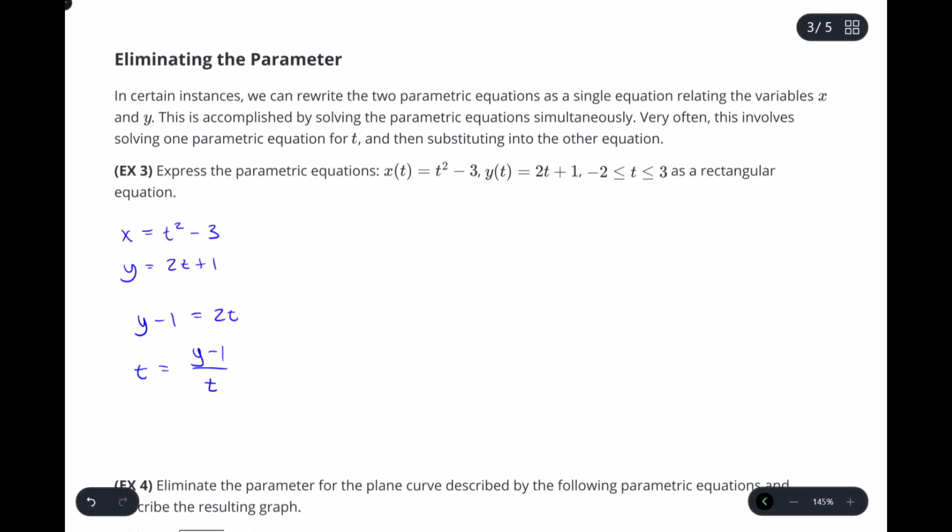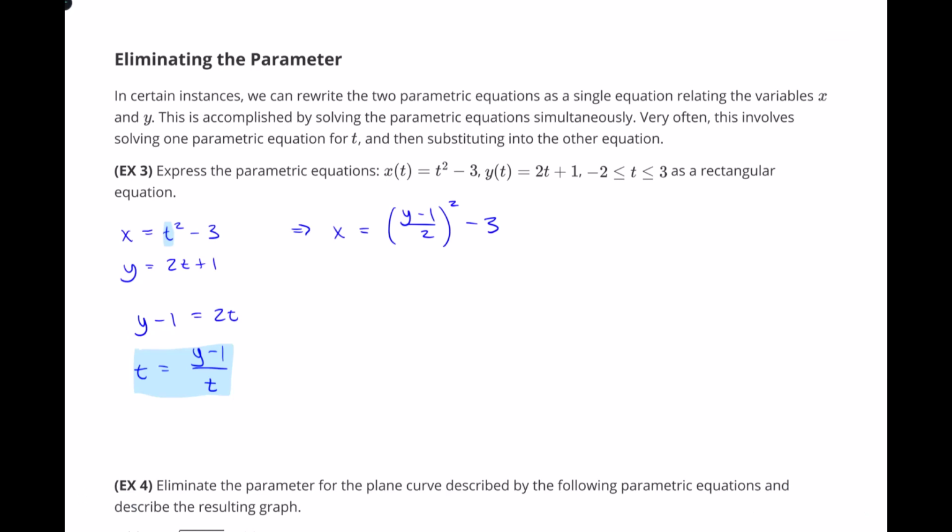Now I can take this equation and substitute that in for the variable t in the x equation. So now I can say x is equal to y minus 1 over 2 quantity squared minus 3, and this